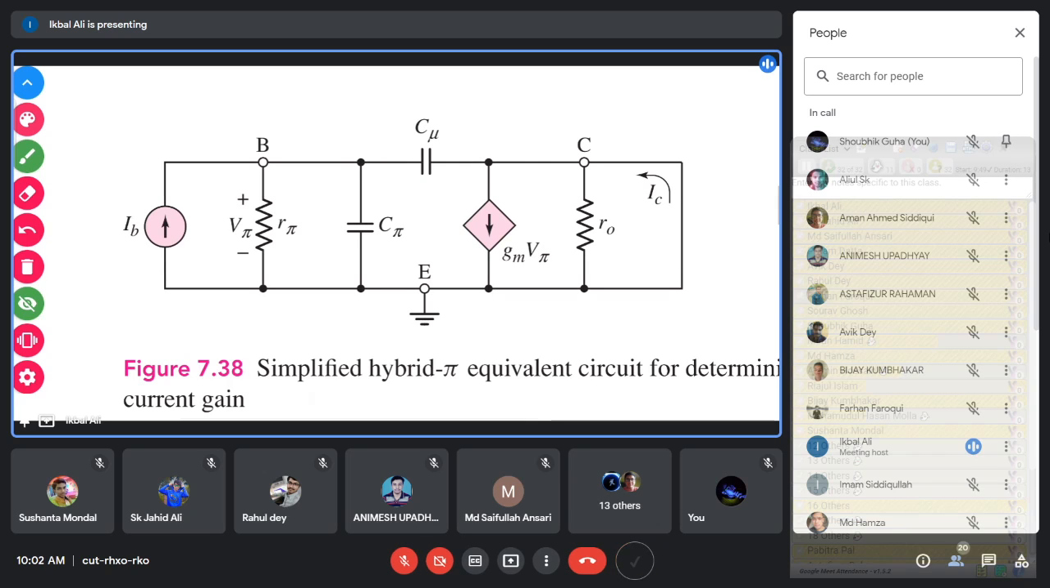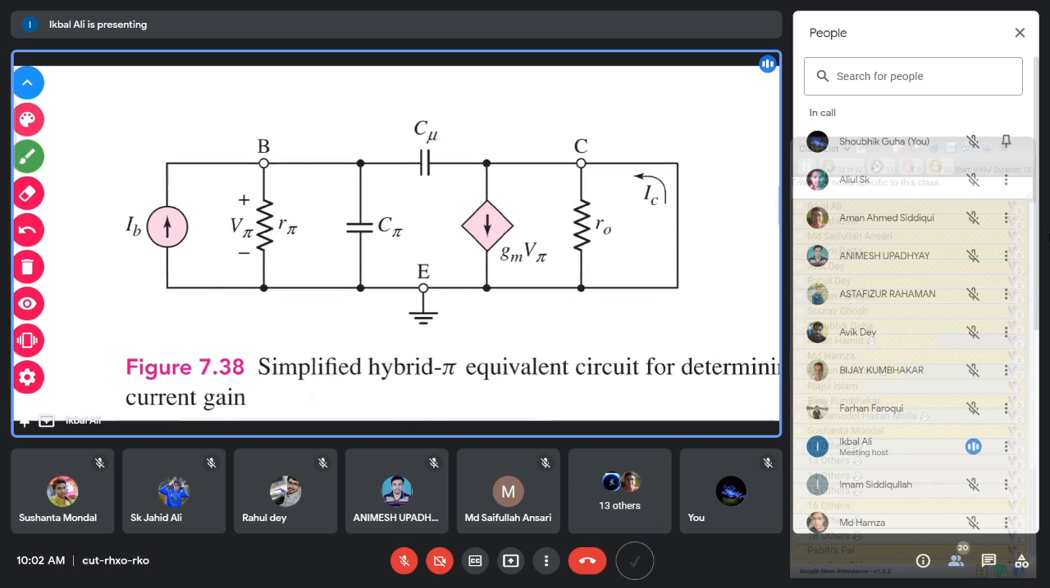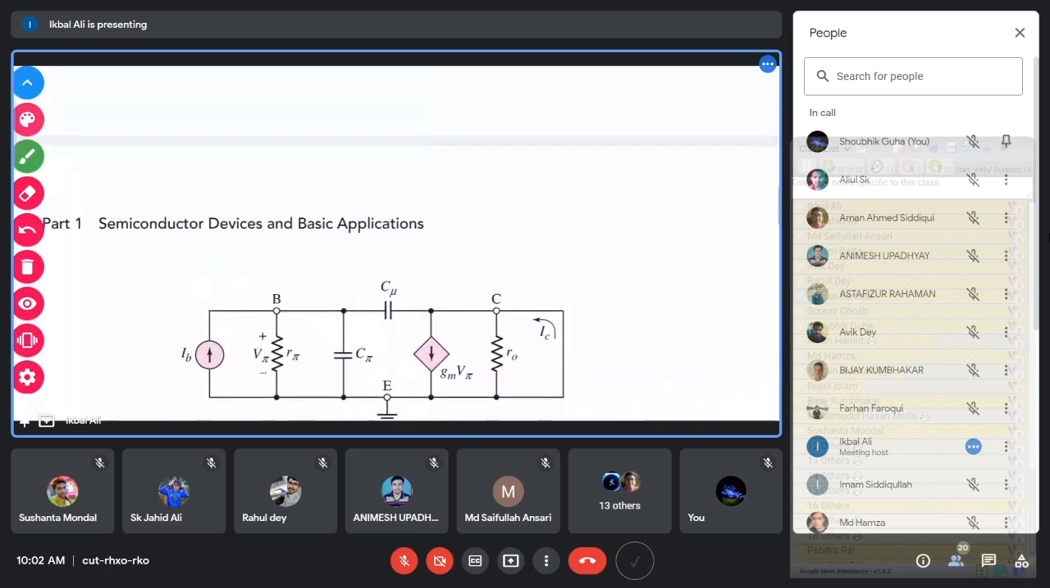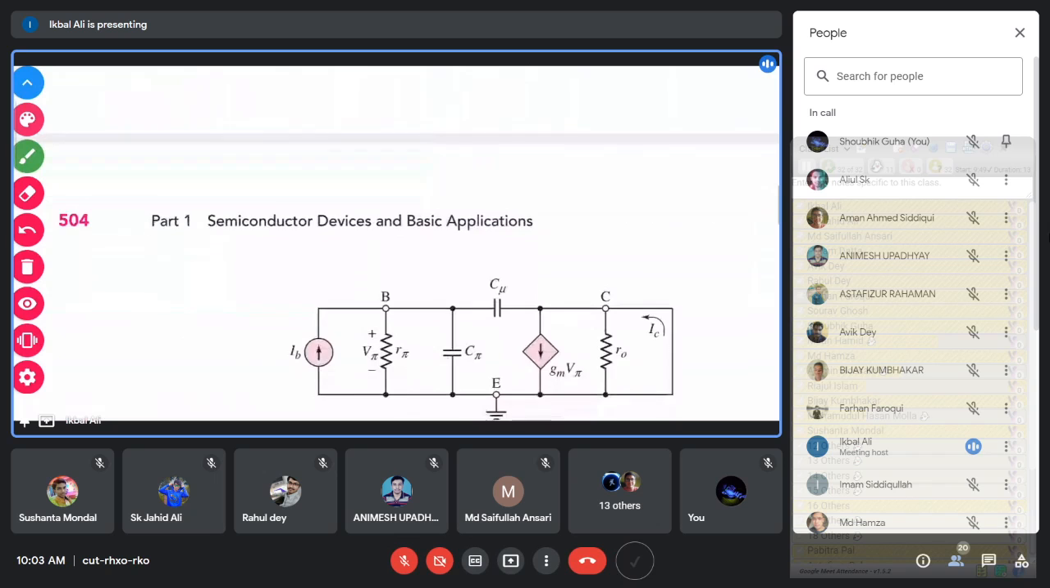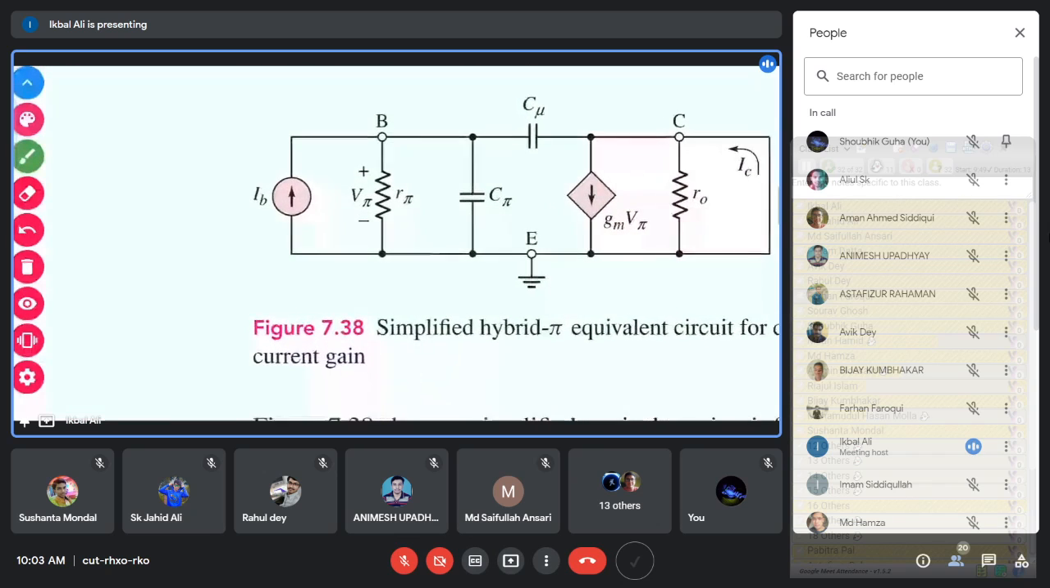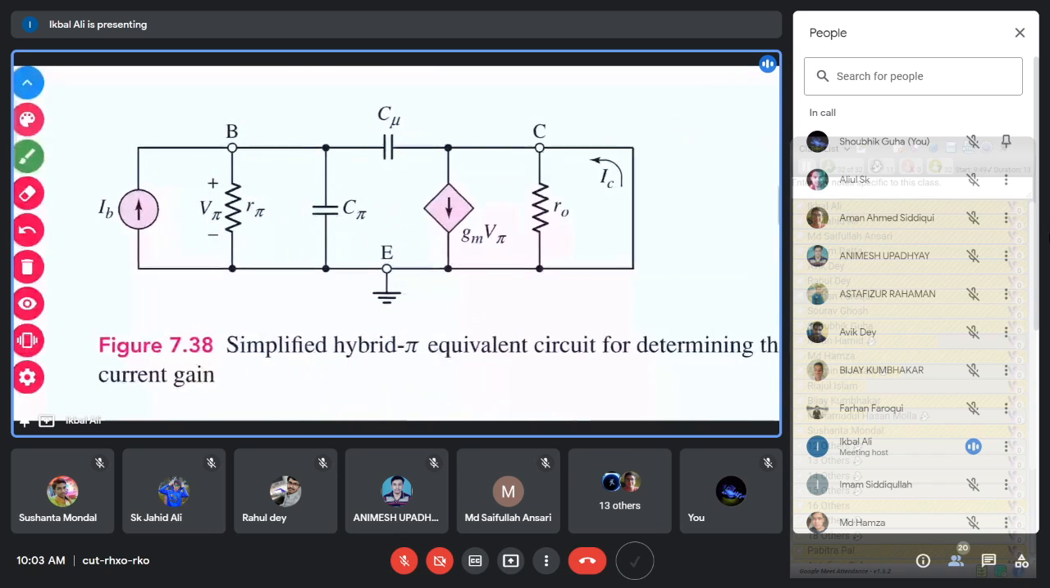Now we will analyze this circuit and try to understand the transistor behavior, mainly the frequency response. How? We will calculate the short circuit current gain of the transistor. We will calculate this parameter, short circuit current gain of the transistor. How to do that, the short circuit current gain? What we will do here in this circuit,